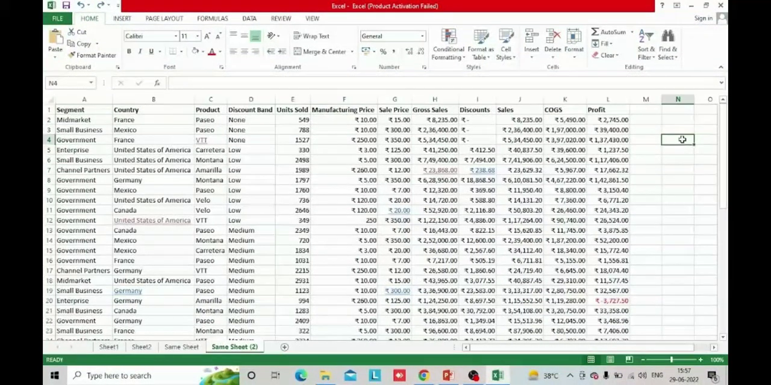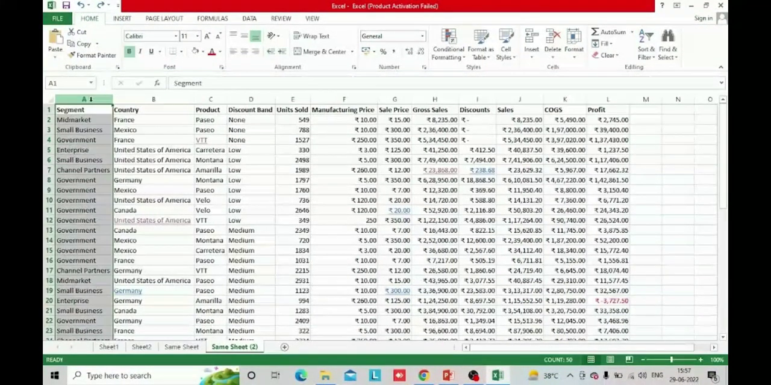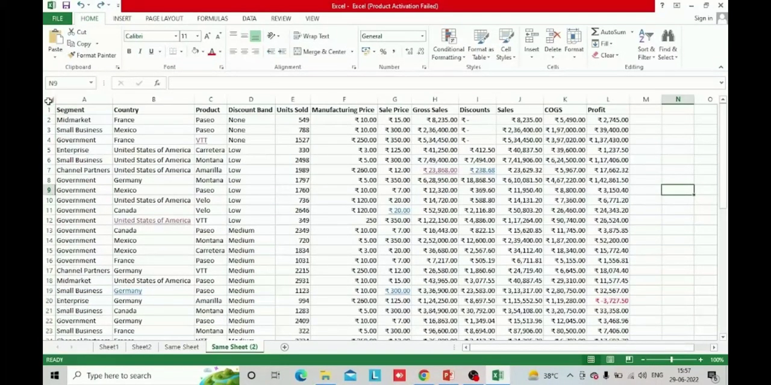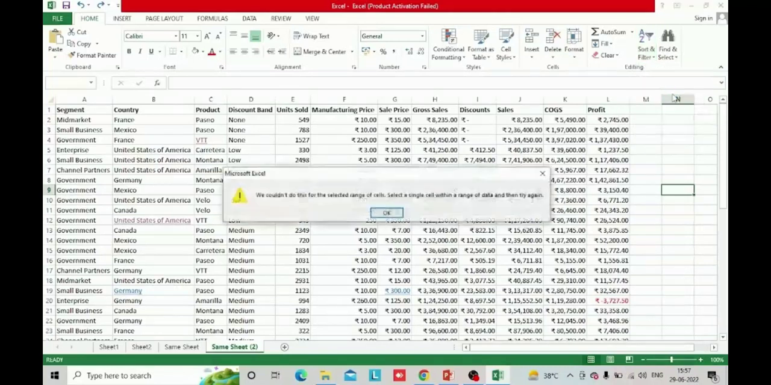Now suppose I want to sort segment with discount band. Both should get sorted, and with that I want to sort the whole sheet. How do we go about this? Go to Sort and Filter. It's in the same Home tab. We understood sort A to Z and sort Z to A. Now we'll understand what is custom sort. When we click on custom sort,